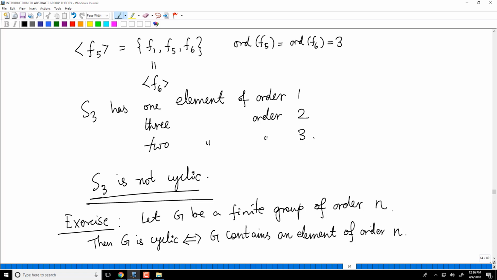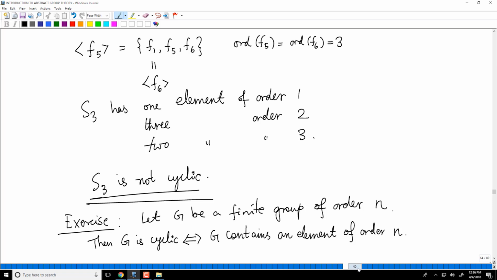G has n elements, so if G is cyclic, G must contain an element whose generated subgroup has n elements. So that element is of order n. If G contains an element of order n, then the subgroup generated by that element will be of order n. But G already has n elements, so the subgroup also has n elements, so G must be equal to that.